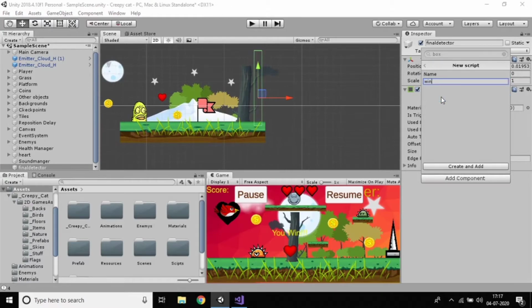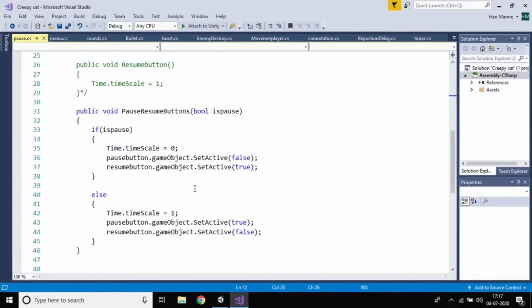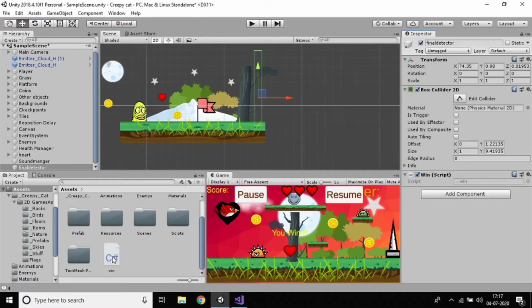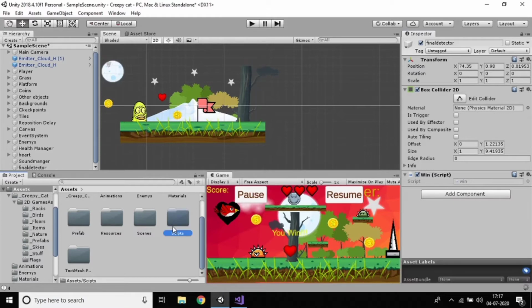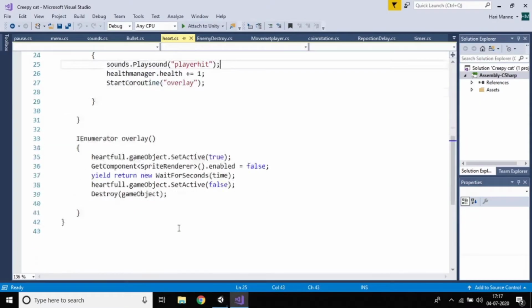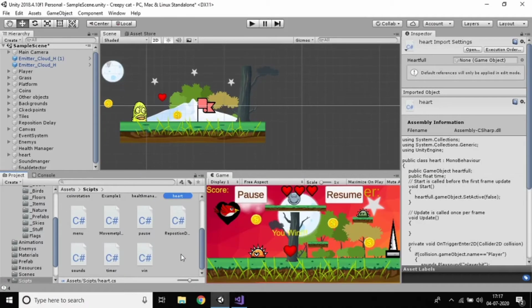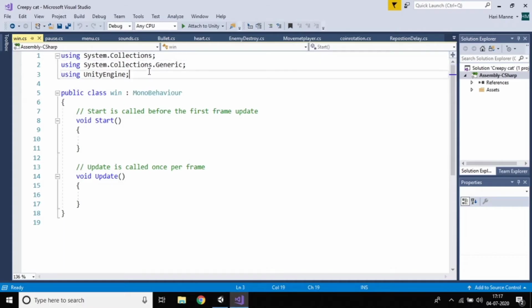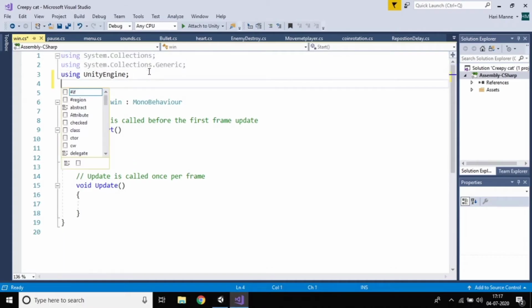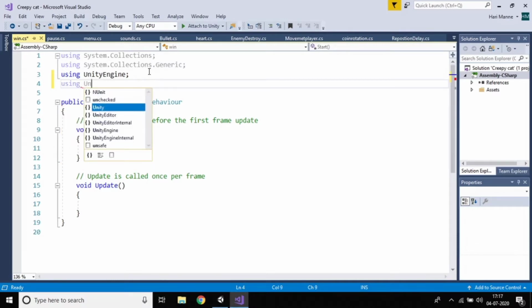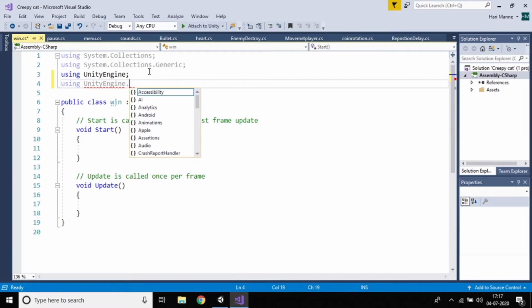Just open the script. Win script, I think it's created outside, so we need to go to scripts and you can see it here. Go to win and open. First of all, we need to add using UnityEngine.SceneManagement.